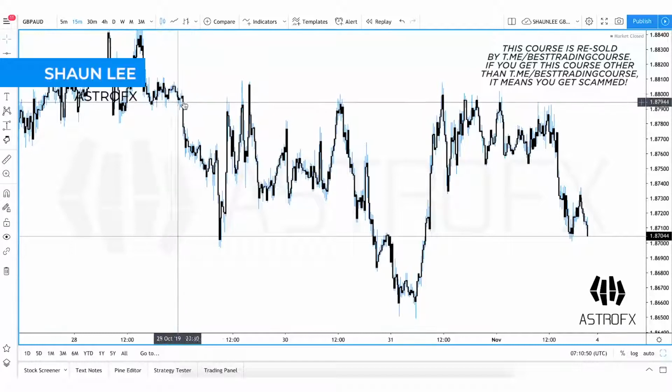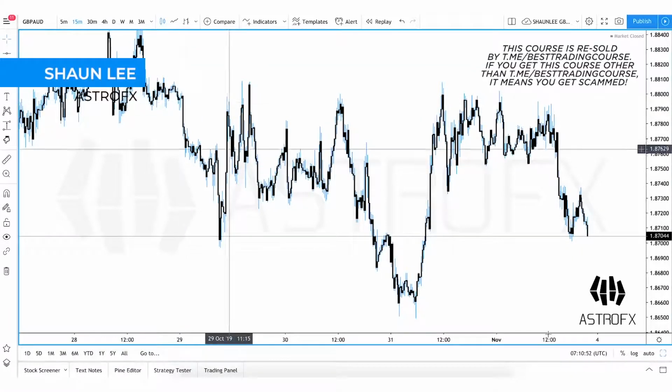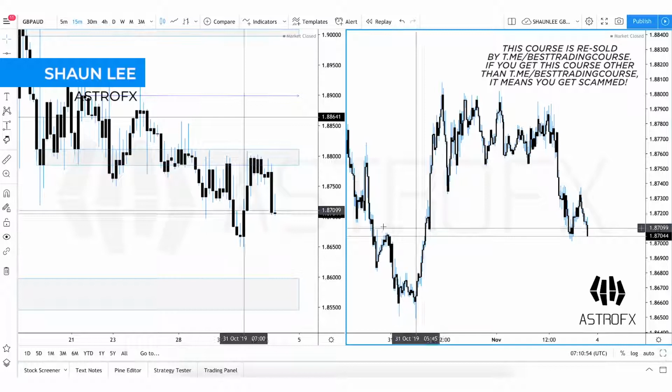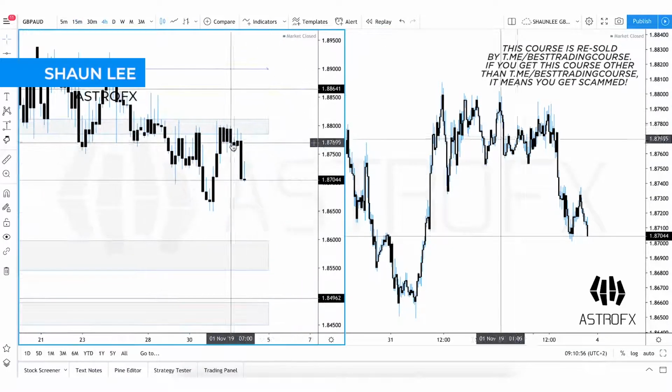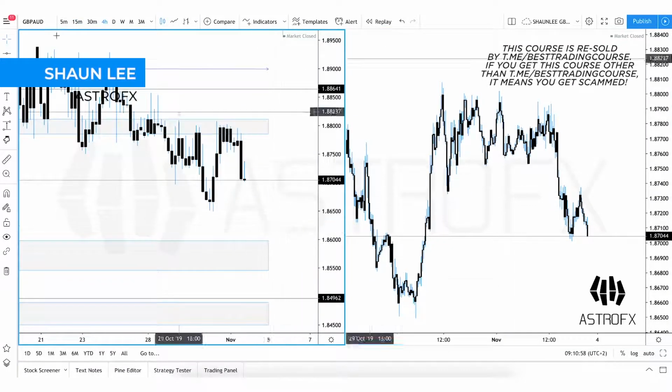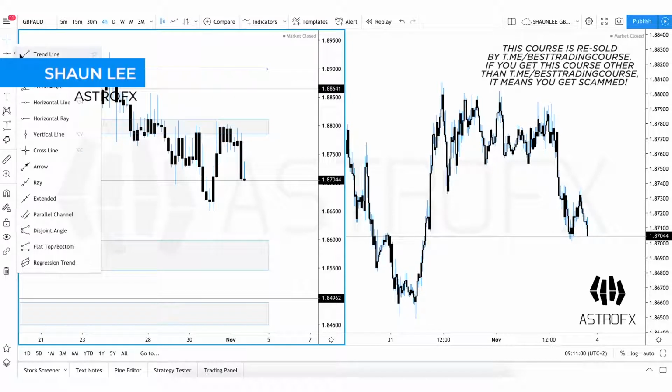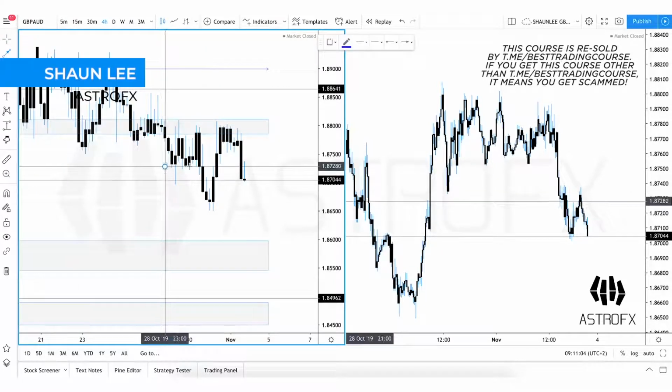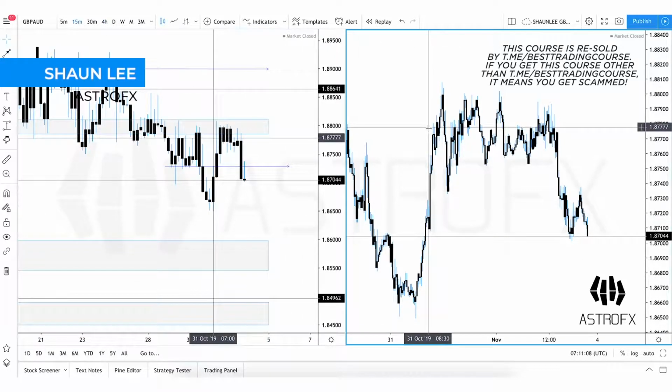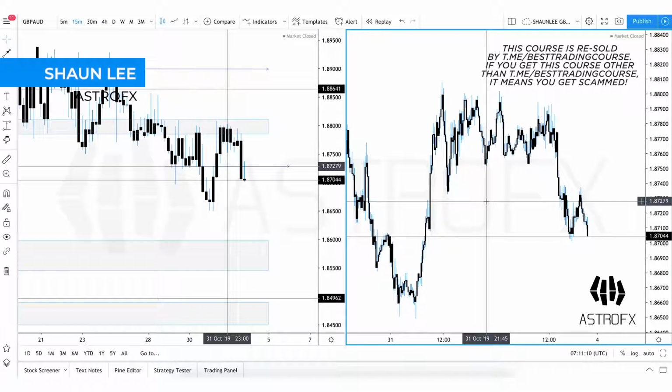From the original break over there, it's not every time going to be so straightforward that price moves directly in our favor. So what we have to do is mark out the lower time frames in the correct manner. And what I'm going to teach you over the next few lessons is the cycles, the intraday cycles, the traps, so to speak, because what we need to gather and understand is that the